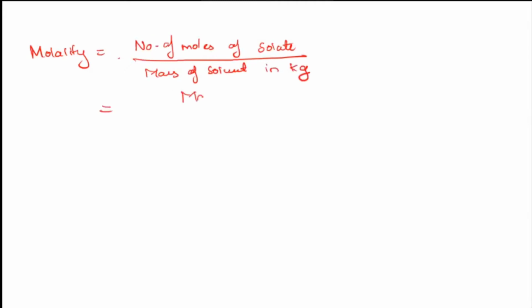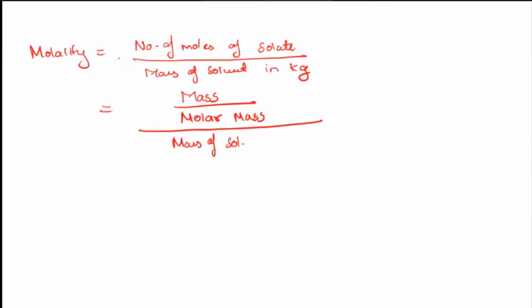Number of moles is mass by molar mass. Okay, it should be mass of the solute, that is here mass of ethanoic acid, and molar mass of ethanoic acid, divided by mass of the solvent, okay, in kg. If you want, I said no, you can write even mass in grams, okay, in gram divided by 1000. Okay, you can write in this way or you can write it in the other way. Okay, so this I'll put it in the bracket. It can be written in this way, but don't write both, any one.